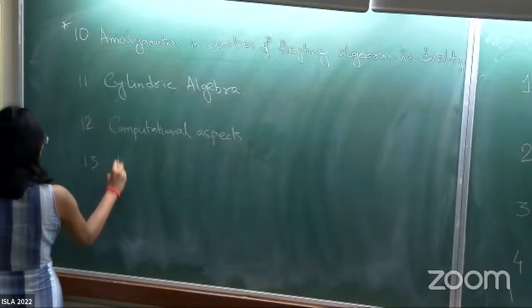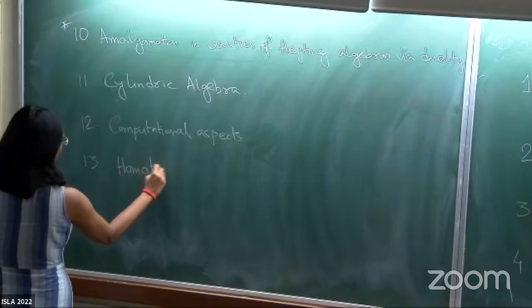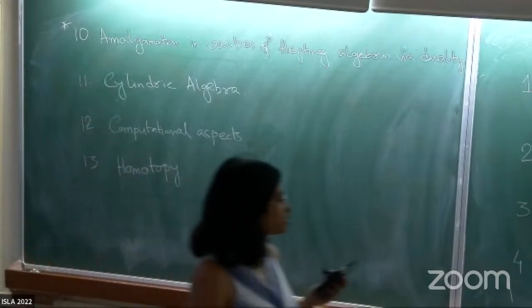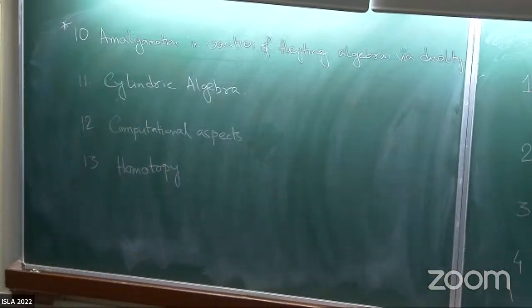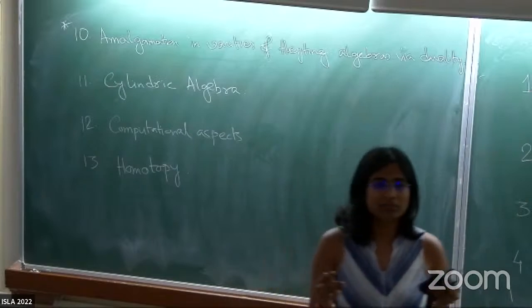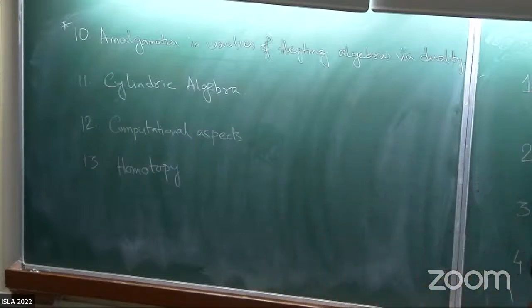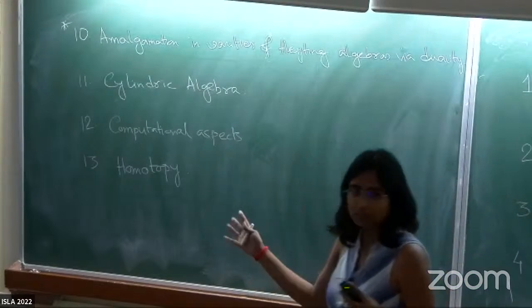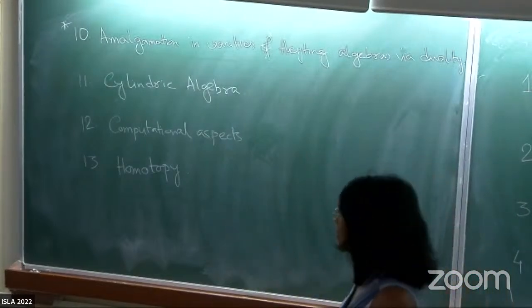I can add one more. It is just a general idea: you can think about homotopy, because it is very much a hot topic to work on together with logic, I mean type theory as well. I already gave a hint during my topology course. At the end, I talked about some kind of topology defined on the collection of all continuous functions between two spaces, and that will lead to the idea of homotopy in some sense. It's a very broad thing, but you can choose whatever you like.